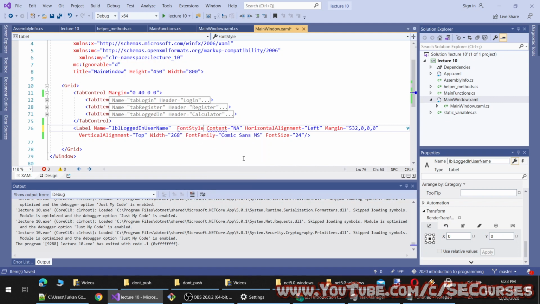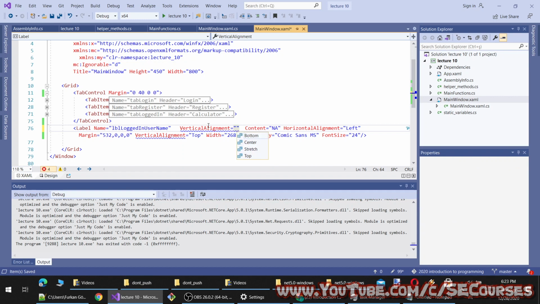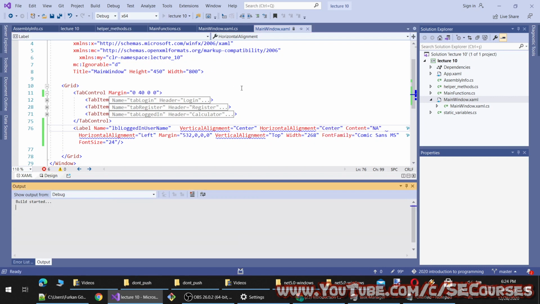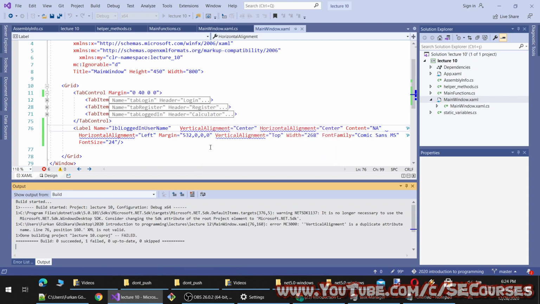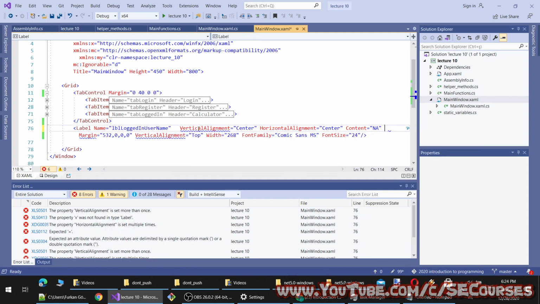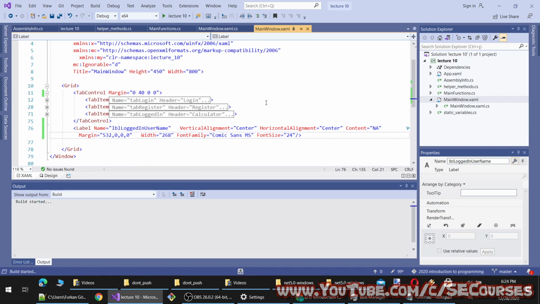Font style. Not this one. Vertical alignment, center. Horizontal alignment, center. Let's try like this and see how it looks. Oh, you see there are multiple, so I'm going to remove them as well. They were by default left and top.